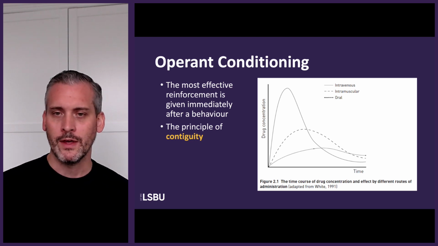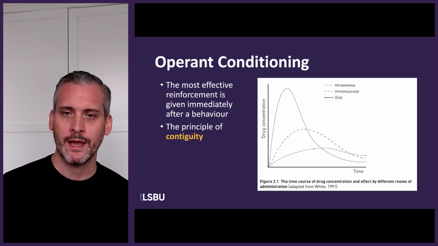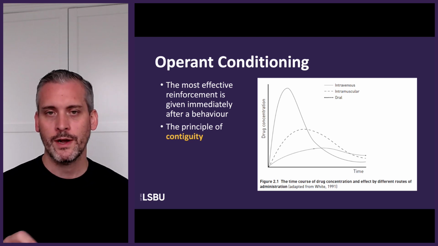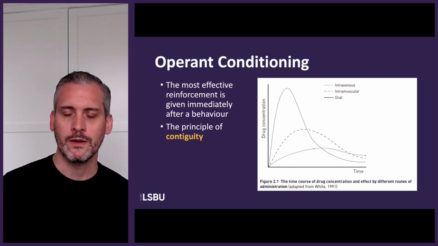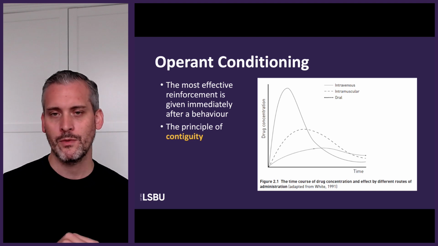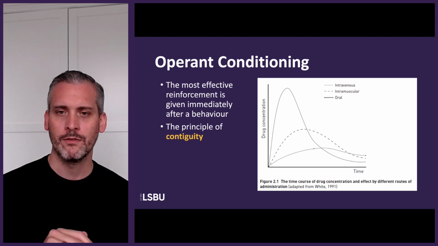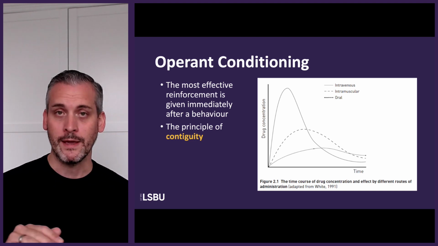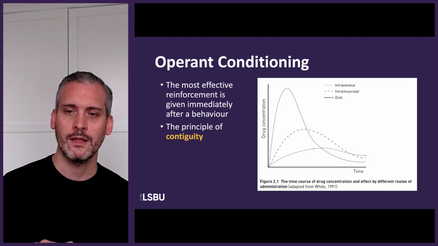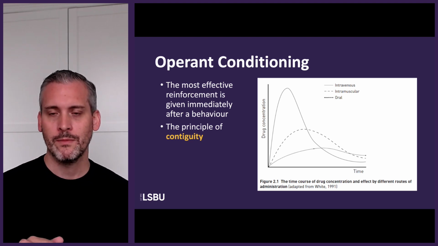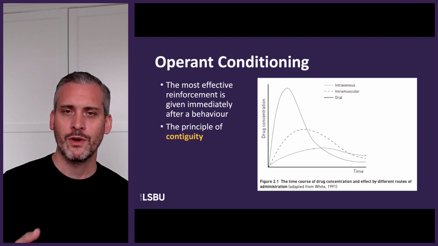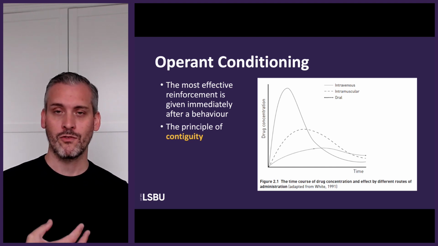The dotted line there with the lowest peak reflects the maximum concentration of a drug given in a particular dose over time, and you can see what happens in that graph is that it's a very low peak concentration of the drug in the blood, and it takes a longer time to get to the peak. And part of the reason for that will be that obviously if you're taking a drug, you ingest it, it